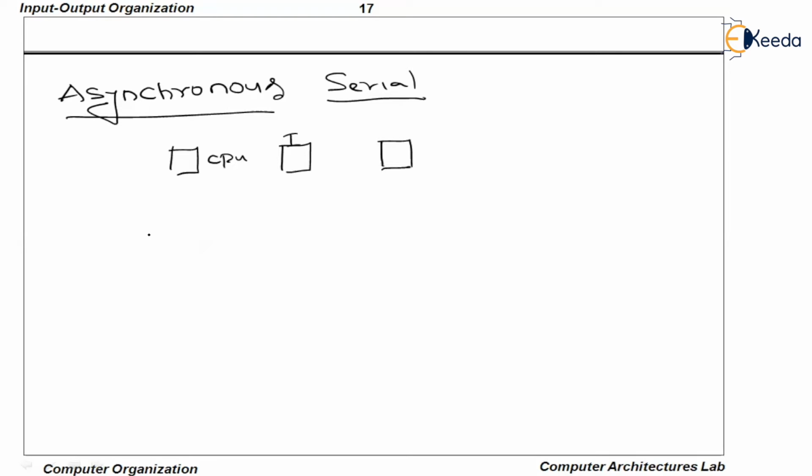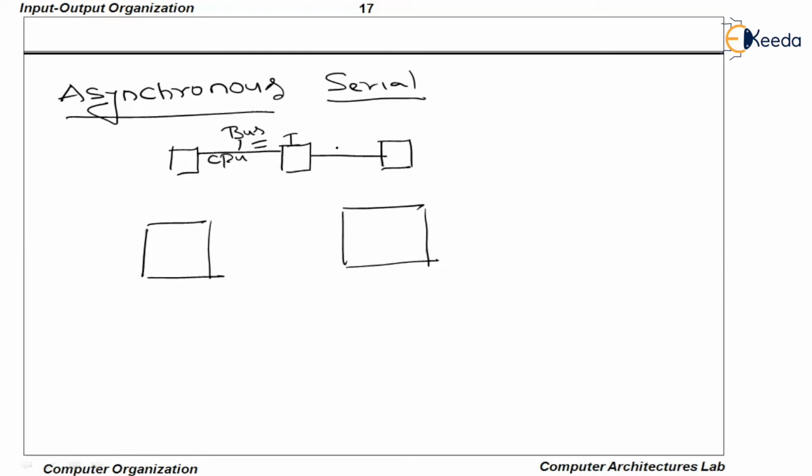So now make a transfer between interface and peripheral device. You have seen that between CPU and interface, we have used a bus system, right? In order to achieve the parallel transfer between CPU and interface, we have used a bus system. But between this interface and printer, you cannot see any bus system. Look at your configurations. Between CPU and any of the peripheral devices, there won't be any bus system.